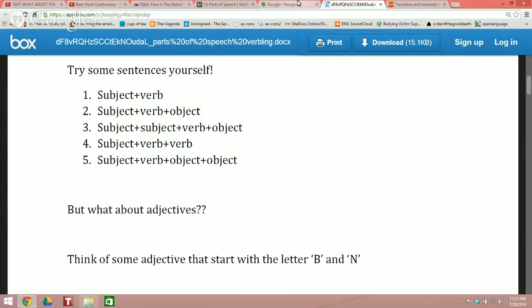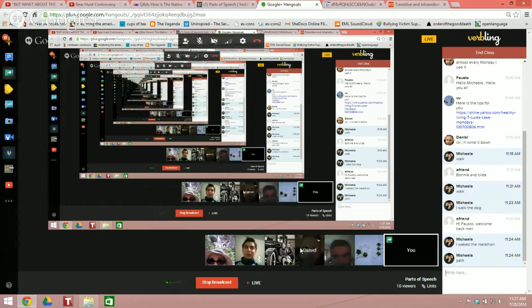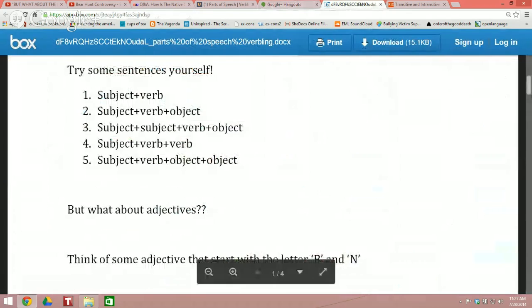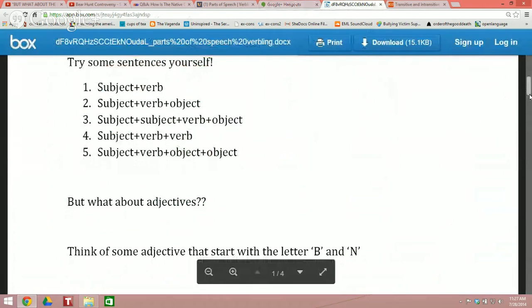Okay, so number 1, let's have Vu do number 1, Fausto number 2, Daniel number 3, Anna number 4, and Alejandro and Adela, will you do number 5? Okay. When you guys are ready with your simple sentence structures, you can put them in the chat box and we'll read them and go over them together.